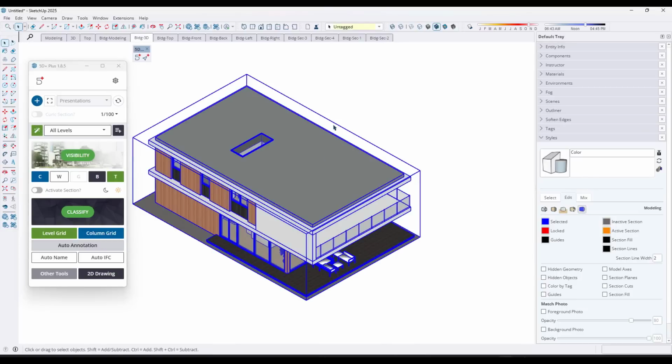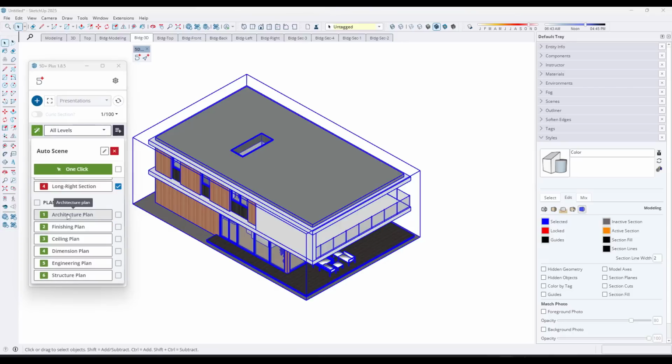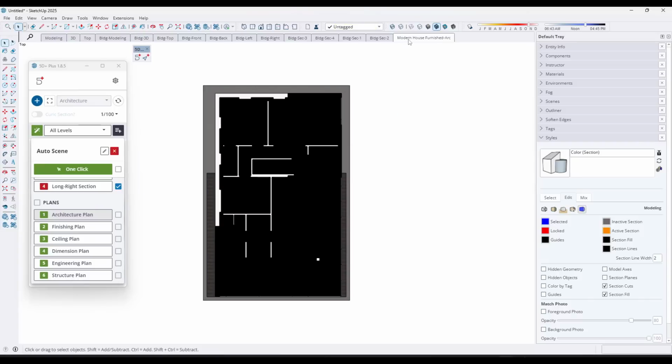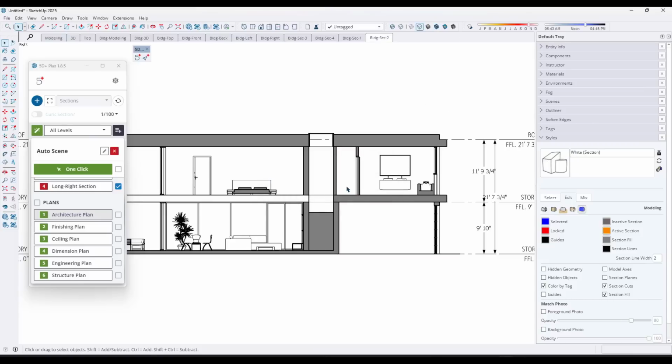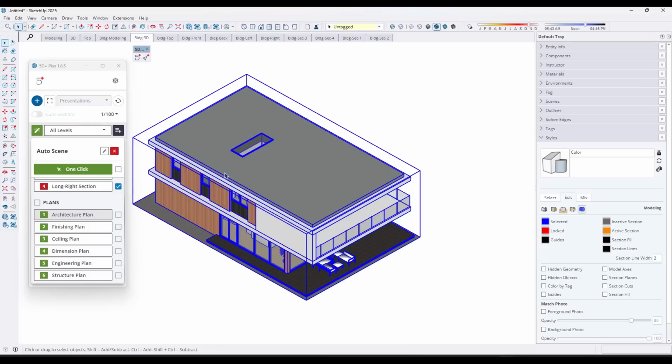Okay, so up to this point, we've been selecting this and using the detail function when we create our scenes. However, one thing you might notice is if you try to come in here and create an architecture plan like this, and you leave this set on detail, it's only going to cut through one level like this, which is not exactly what I like. It also has a section cut fill in here that's basically cutting across the whole building, which is not necessarily what I want. So what we're going to do instead is we want to select this building, and when we